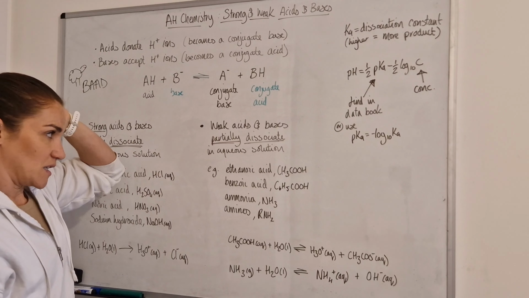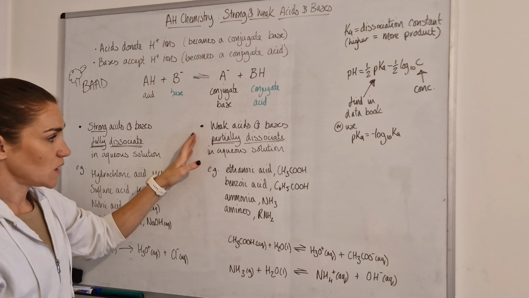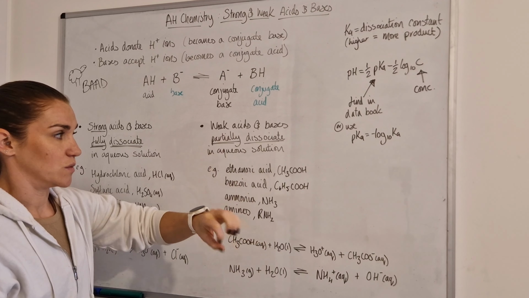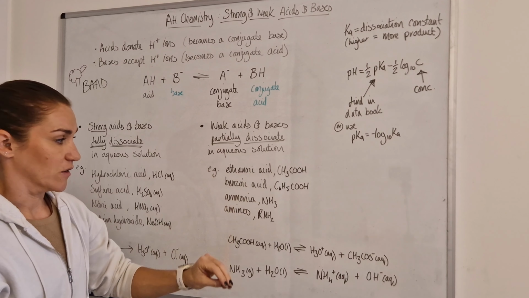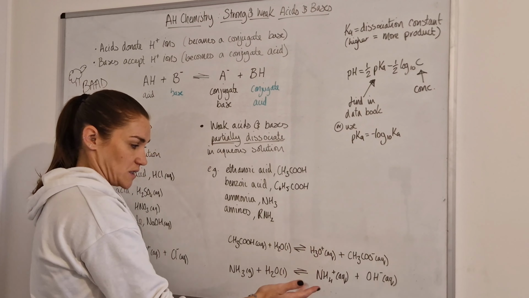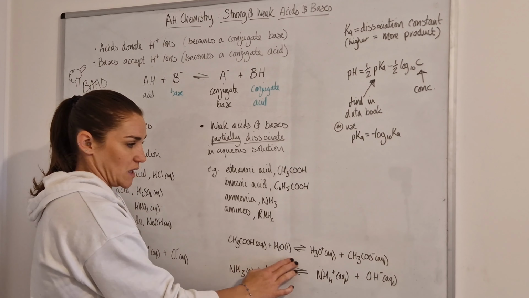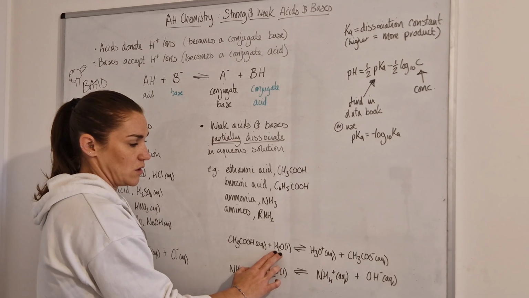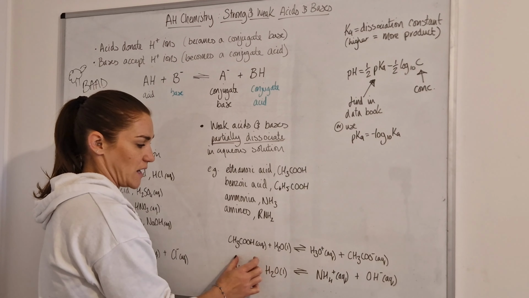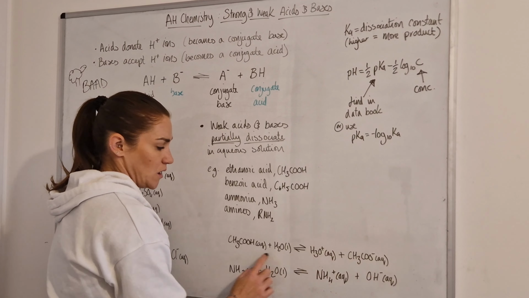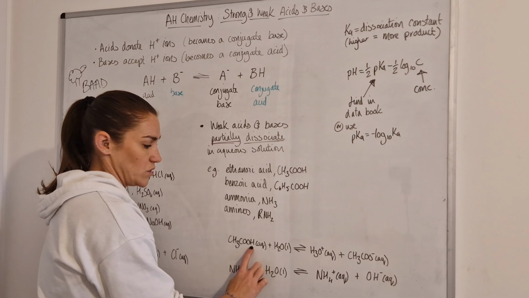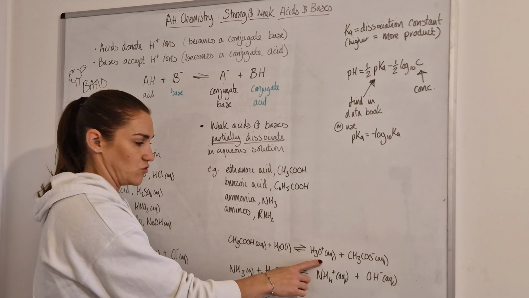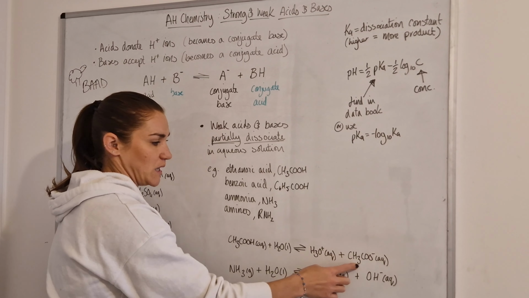For the weak ones, like I said, they only partially dissociate in aqueous solution. So some of them will stay as the full molecules and other ones will split up into the ions. So you get this equilibrium being established. This is the equilibrium that gets established when you dissolve ethanoic acid in solution. The ethanoic acid molecule loses its hydrogen ion to the water, giving its hydrogen ion to the water,